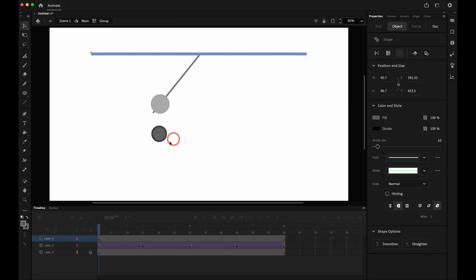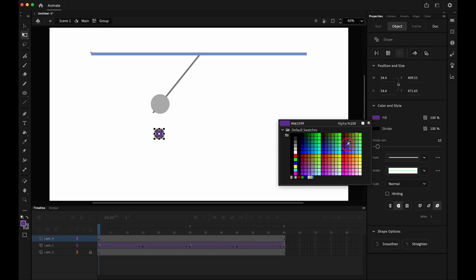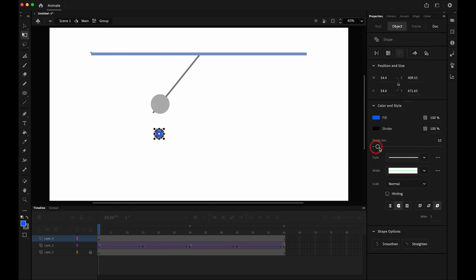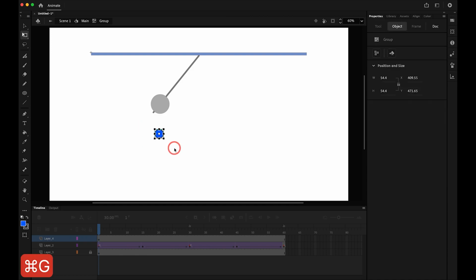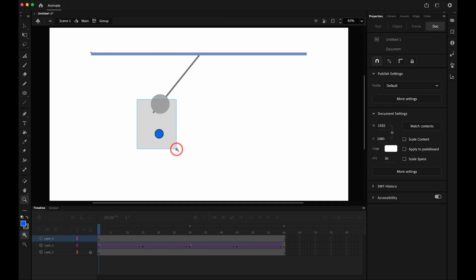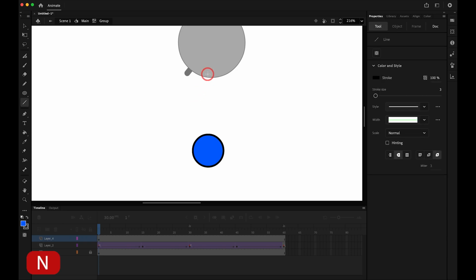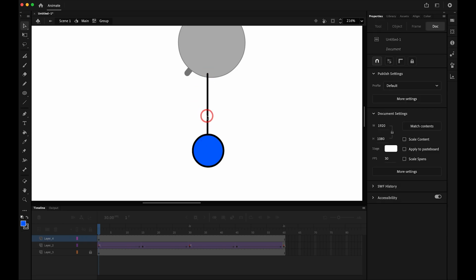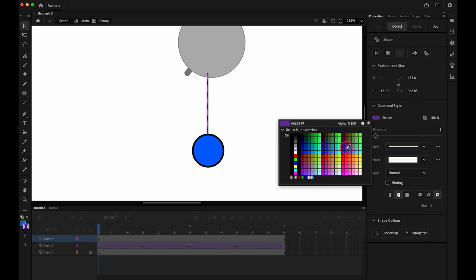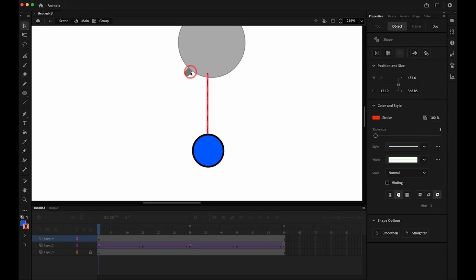If we make the circle bigger than our original pendulum, there will be a problem in animating its follow-through. Let's change its color so that it is easier to understand and can be differentiated. Press C on your keyboard and zoom in a little. And then press N to select the line tool and create a line above our new circle. Let's change the color of the line too, so that it is easier to understand